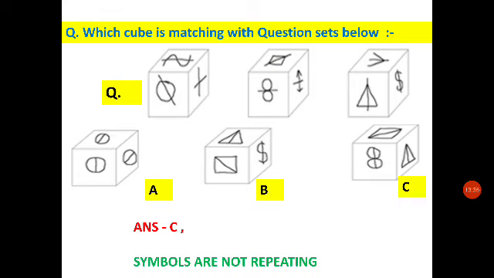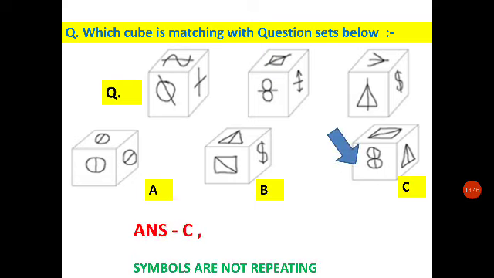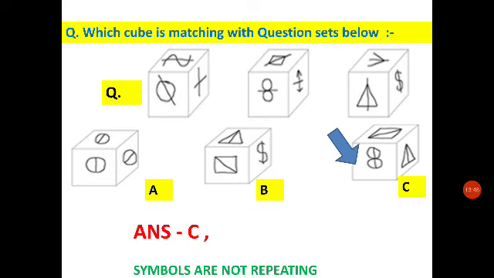Now which cube is matching with the question sets? In the question there are 3 sets given. The first one is with a 5 mark, then the second one is an 8 mark which is facing us, and the third one with a triangle mark. So if you see in all the 3, the figures are actually different,